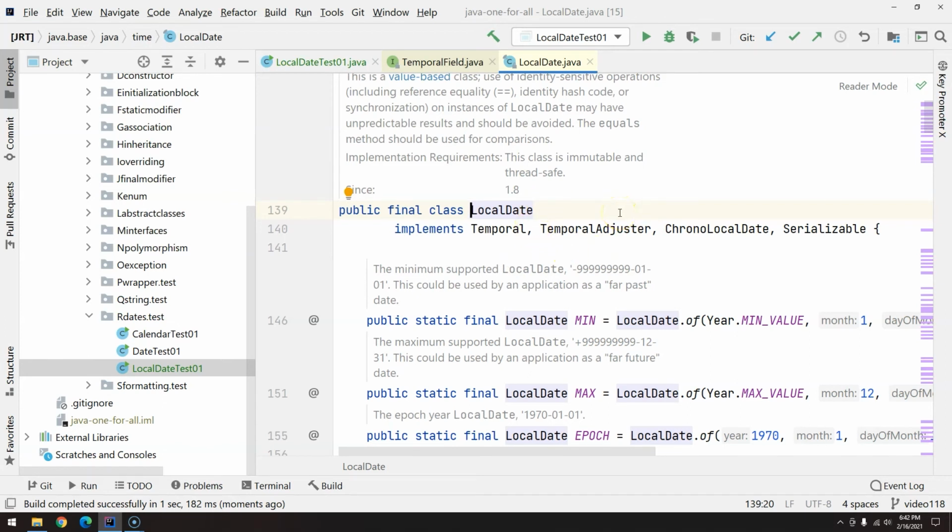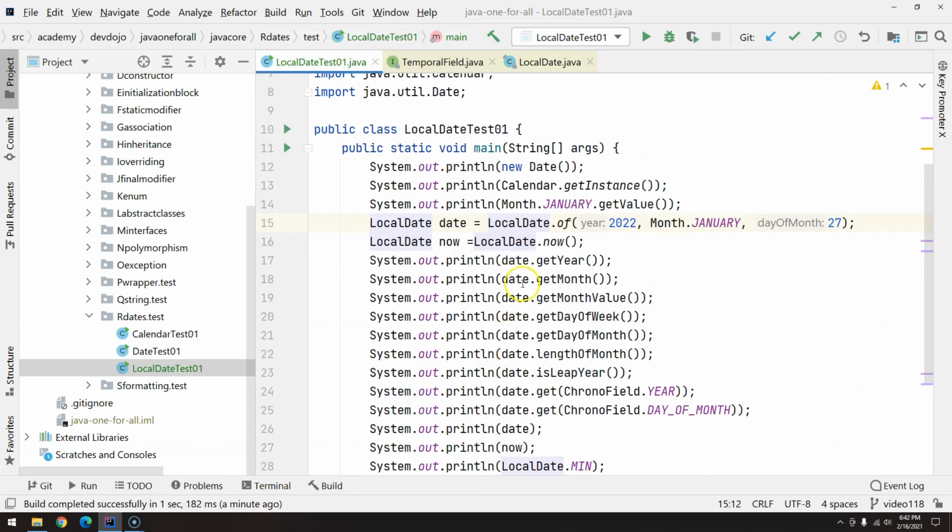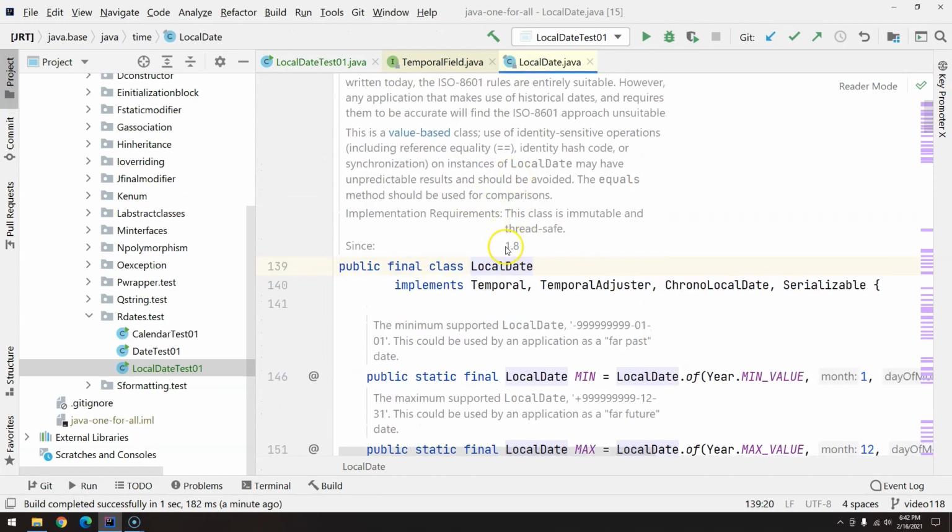Most of the time when I have to do conversions from a specific date because of a legacy system, and if I have the option to use Java 8 or higher, I will always work with local date, and at the end I will do a conversion to a regular date or calendar, because it's way easier to work with local date, especially because of all these methods that they provide you. So, introduced in Java 8,